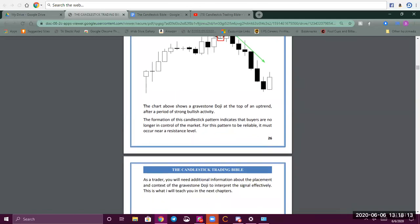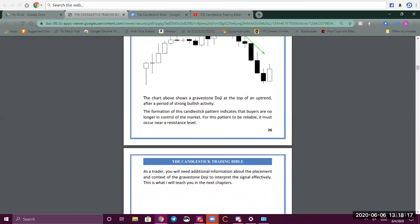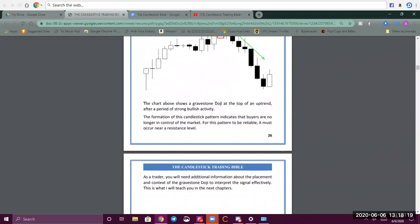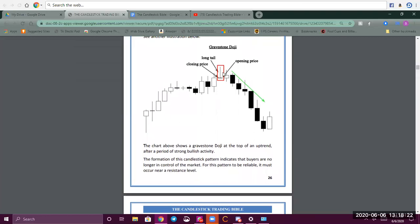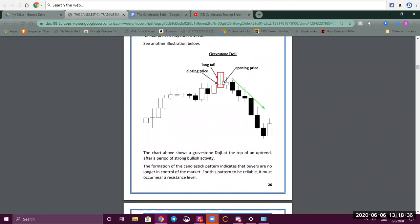The formation of this candlestick pattern indicates that buyers are no longer in control of the market. For this pattern to be reliable, it must occur near a resistance level. So, at the end of a trend, or coming up to a key zone, candlestick patterns close to key zones or at the end of trends, those are confirmations. That's 2 confirmations now. If I have a candlestick pattern and I go up to my resistance or my support,